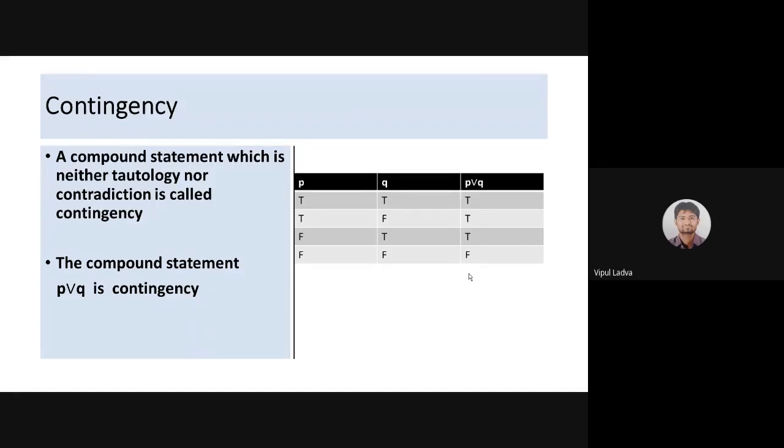Is that contingency? So these are the 3 special types of the compound statement: tautology, contradiction, and contingency. सारे true, tautology, सारे false, तो contradiction. थोड़े बहुत true, थोड़े बहुत false. Is it? If it is a mixture of true and false, then that compound statement we may label them as a contingency. Are we good?